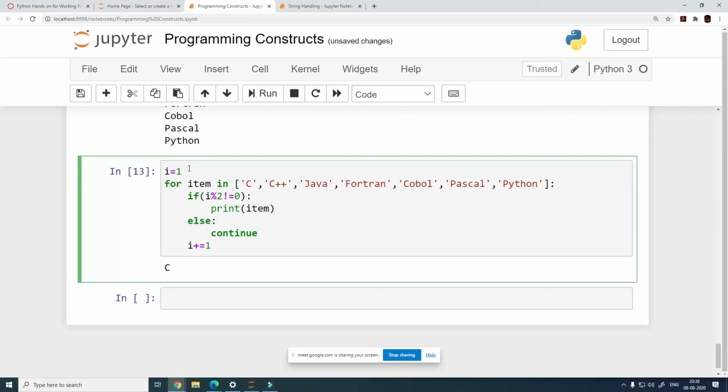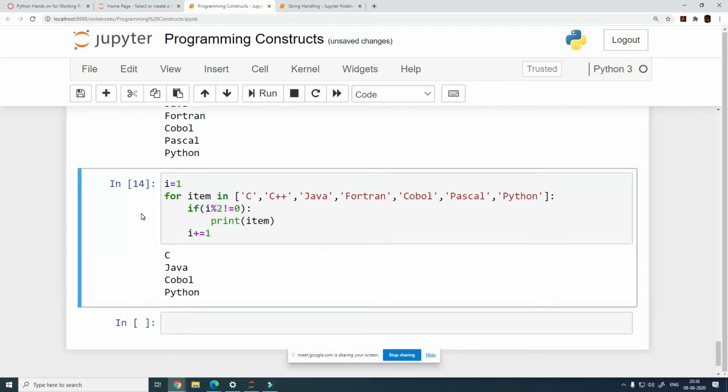I is equal to 1, I%2 is not equal to 0, print. I plus equal to 1, so 2. I%2 is not equal to 0 checks for the odd numbers.